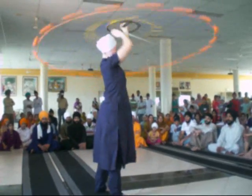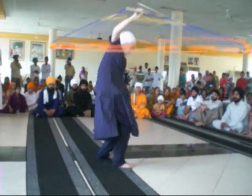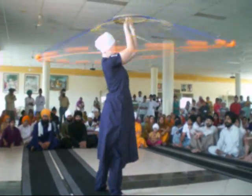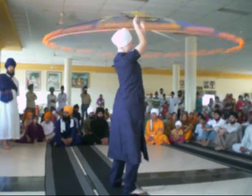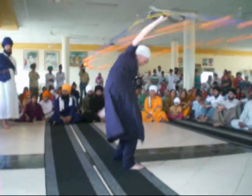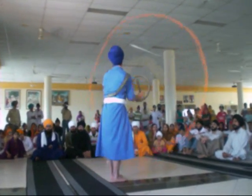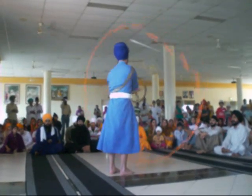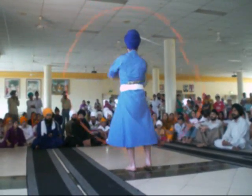You see, she's spinning over her head and she's spinning behind her back, and all that is nice. It's good hand-eye coordination and everything like that. But as far as going into the battle goes, the purpose we found for this was they used to light the balls. You see the orange balls on the end. This is a sort of a practice chakra. They'd have a shield on the front of that ring he's spinning, and then all the ropes would be tied tight, and any arrows that would come would be